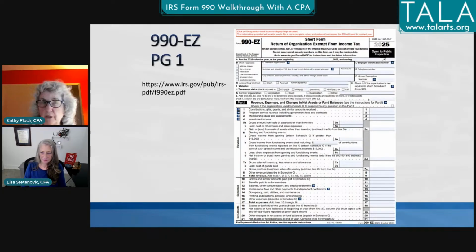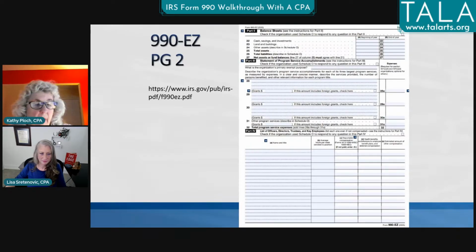That is hopefully your income, your excess, and not a deficit. And then you're going to have your net assets, your beginning balance that you brought from the time before, and then any other changes. And then line 21 is your net assets. And this is, once again, where having software is very, very helpful.